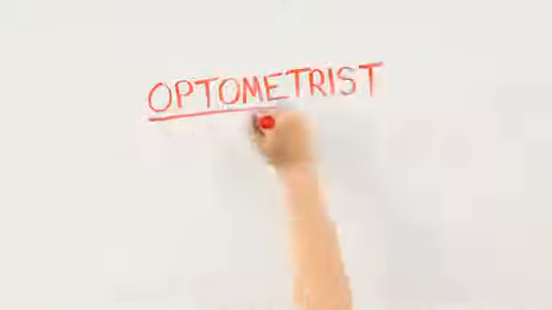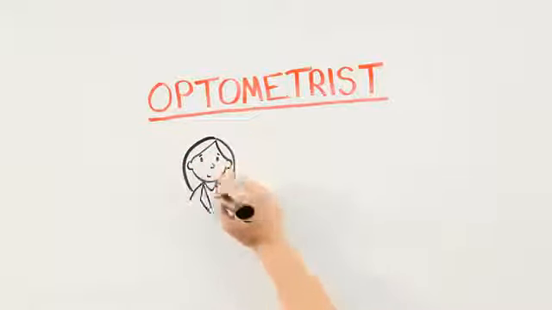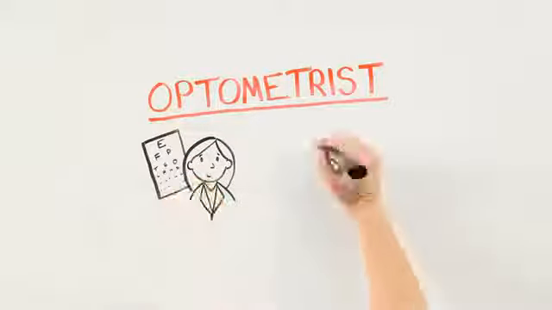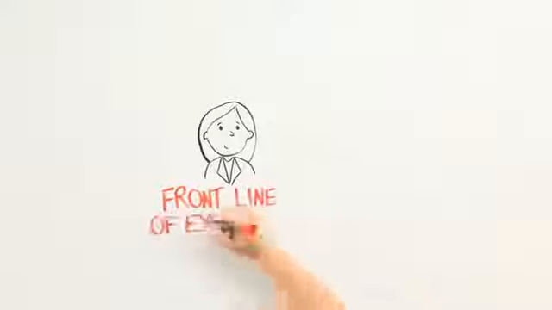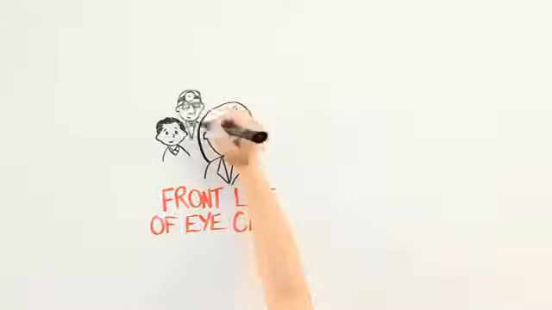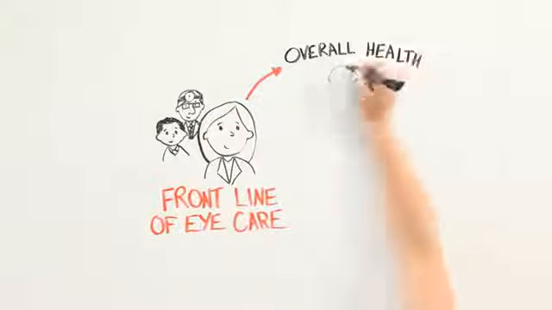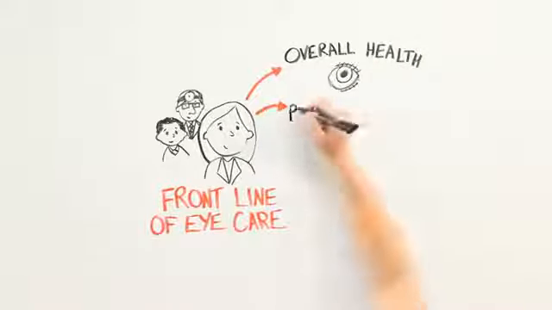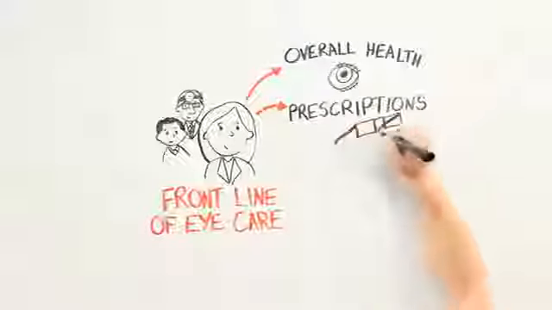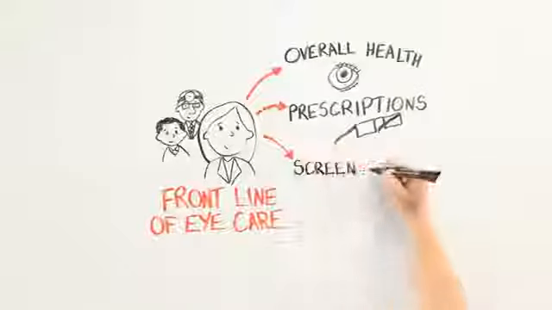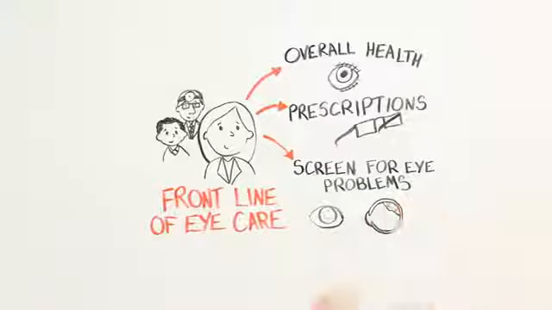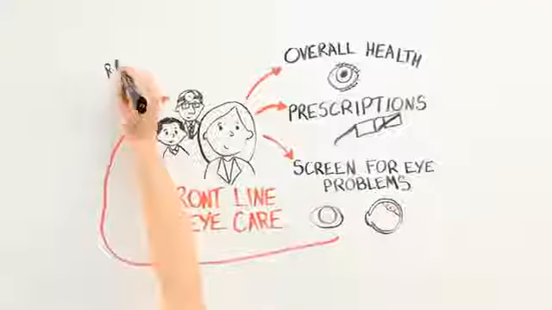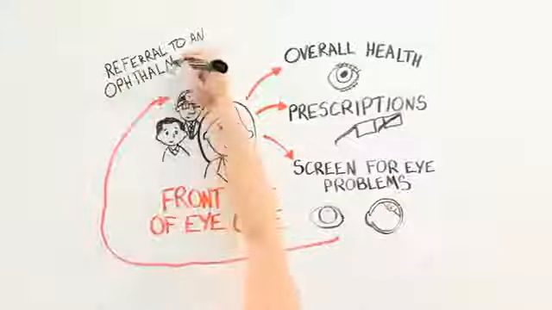The second O of eyes is the optometrist. Visiting your optometrist is often the first step if you have blurred vision or you think there is something wrong with your eyes. Optometrists are often in the front line of eye care in the medical system. An optometrist looks at the overall health of your eye and can give prescriptions for eyeglasses to sharpen your vision. Optometrists are trained to screen for eye problems like cataract or retinal detachment that need emergency attention, and they refer patients who need advanced or urgent care directly to an ophthalmologist.